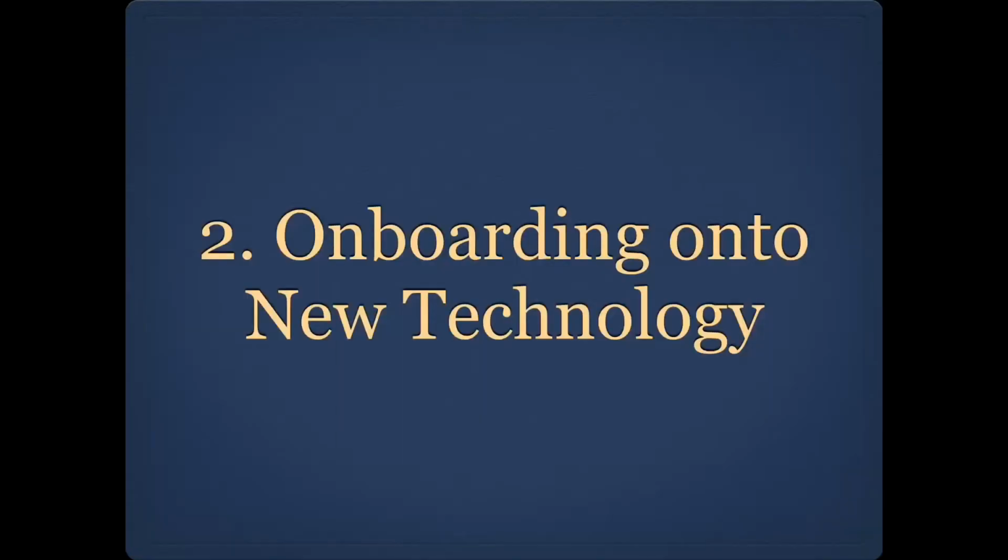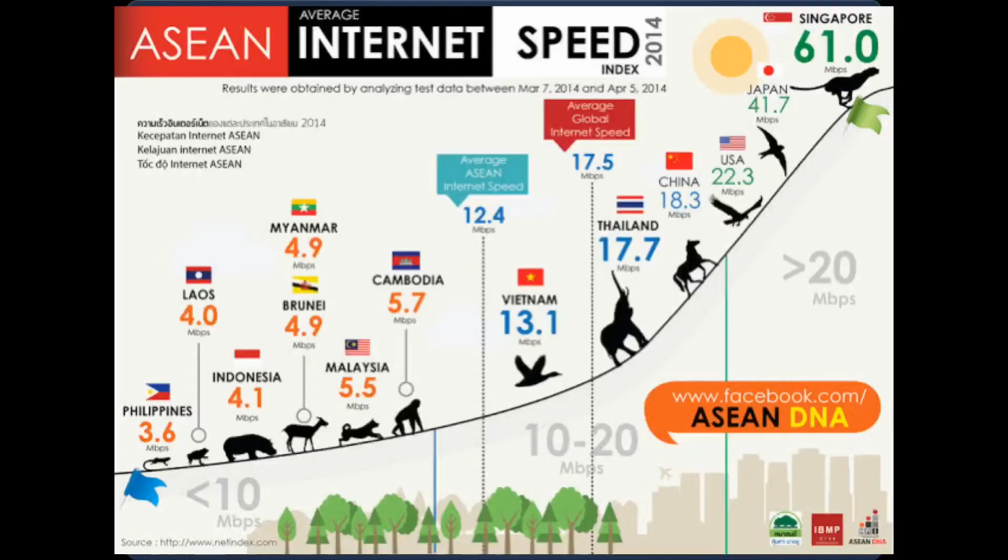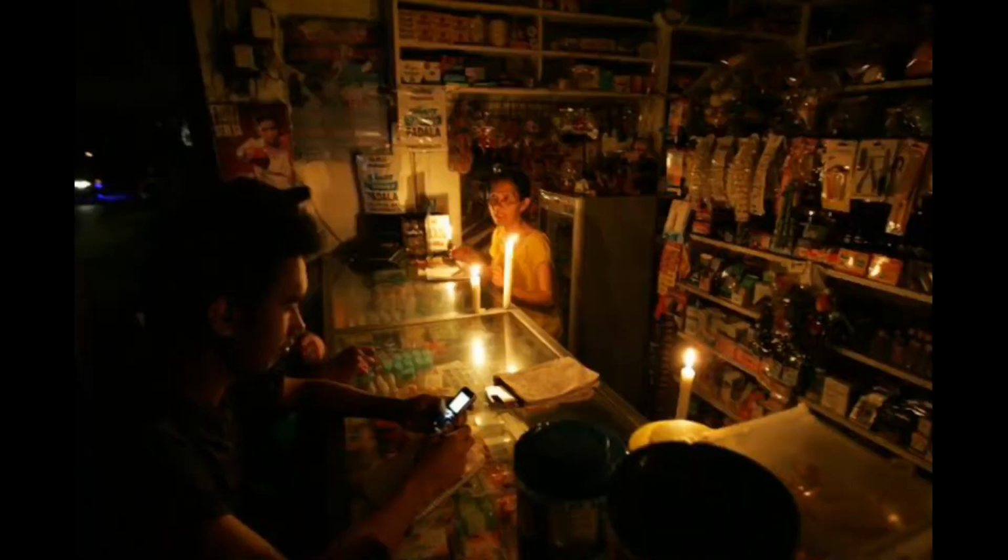Number three, infrastructural barriers. Well, we live in a country where our infrastructure is not very good. I mean, our internet speeds are very low. The availability is problematic. The electricity comes and goes, and so many other issues we have to deal with